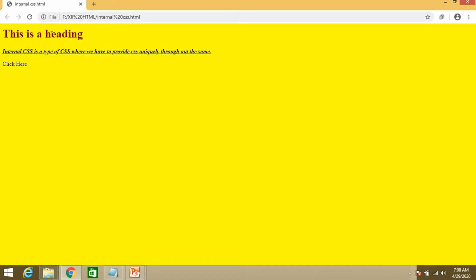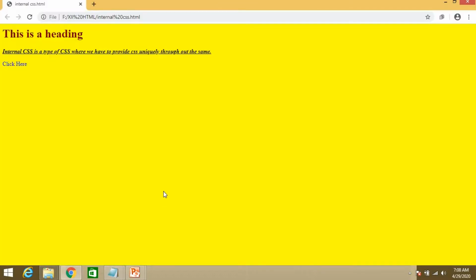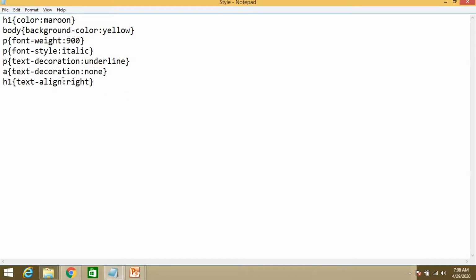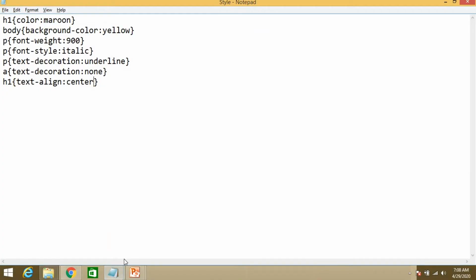See, this is still on the left because it starts from the left. Now we use the next value, right. So for h1, the text aligns to the right side. When you write center, it becomes centered. So this is the use of text align.